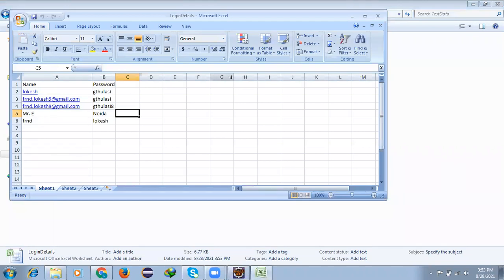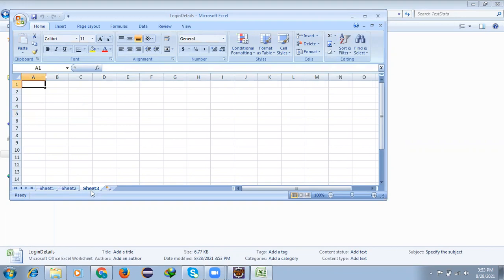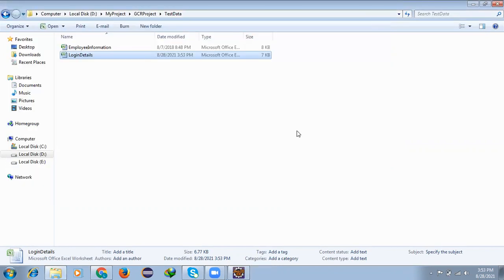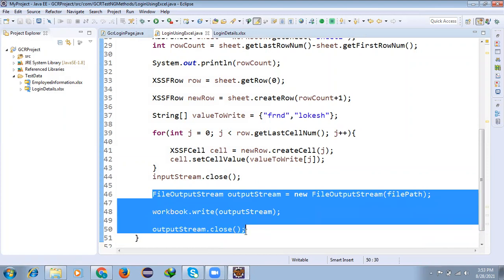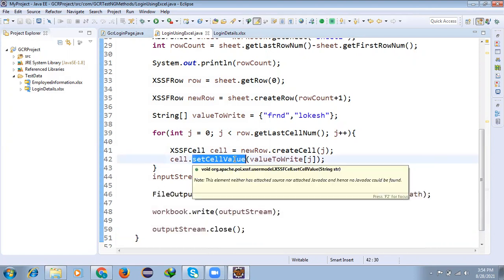We can store in different locations, in sheet 2 also, sheet 3 also, n number of sheets. Whichever sheet you want to store the value in, we can store it like that. If you are not calling this write operation, you will not save any data into the Excel file. If you call only setCellValue, it goes only up to set, but it will not store the value you are trying to set. It's a temporary value, which is kept only temporarily.